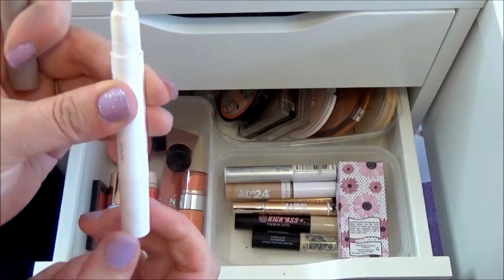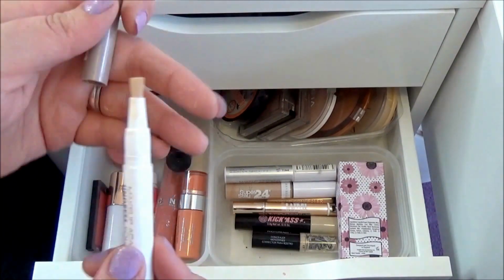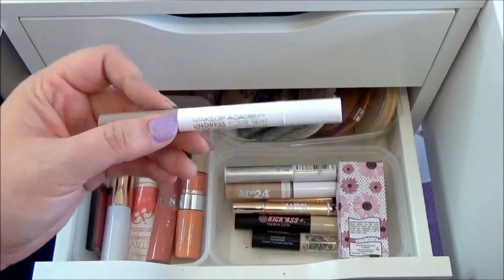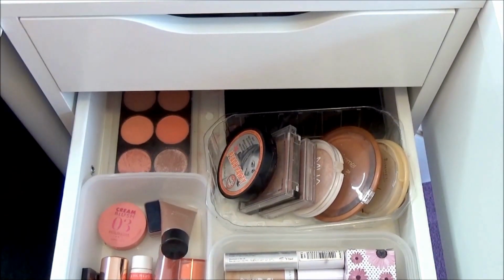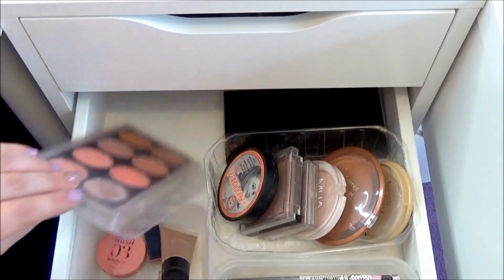Again, a brush, and you just kind of twist it up, and then your product will come out. So it's brilliant. It's really, really good. So I'm definitely going to get that again. I enjoyed it. And then moving back into the blushes, I'll go through the bigger